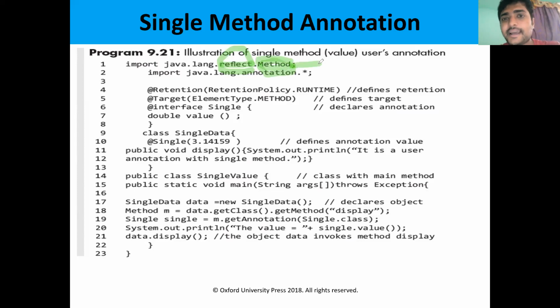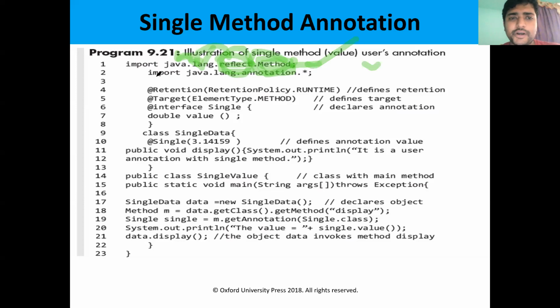So this class can have so many interfaces and so many methods. So we are utilizing this class. We are importing the Method class here. The Method class exists in the reflect package, which in turn exists in the lang package, which in turn exists in the java package. Like that we can import the Method class. We are importing the predefined class Method here.